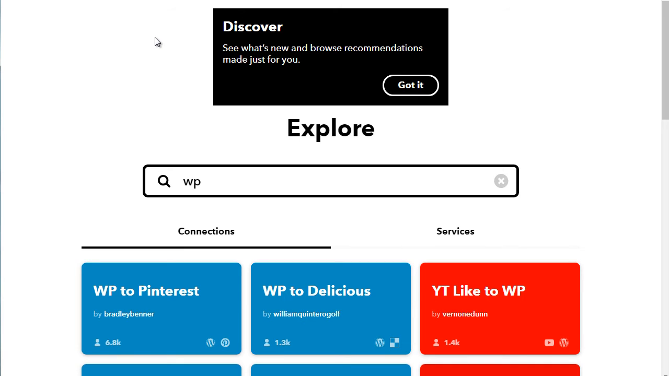IFTTT, so IF and then 3 T's. It stands for if, then else. Or if this happens, then this happens, basically. And that's kind of how Zapier works. But IFTTT.com is actually free. So if you go to IFTTT.com, you will come here, you create an account for free, and then you can